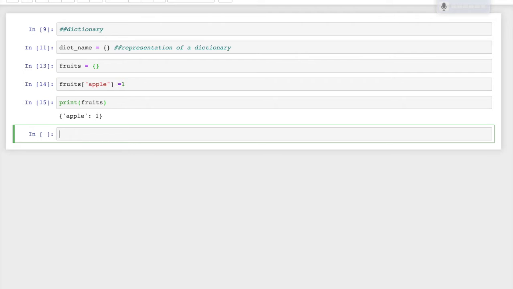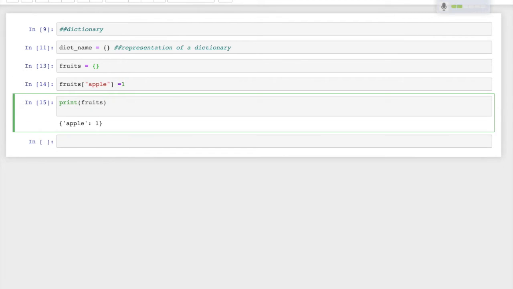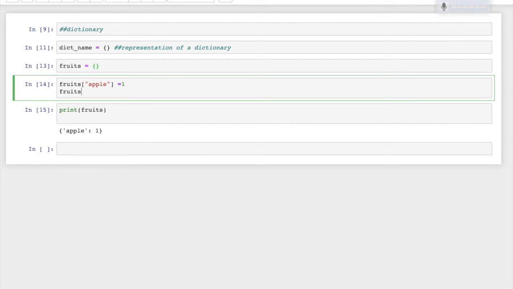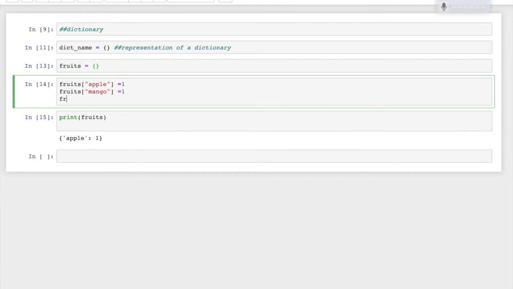Did you see it? Let me put something more: fruits mango equal to 1, fruits orange equal to 1.